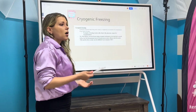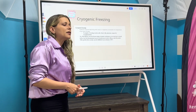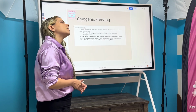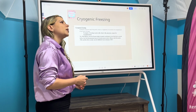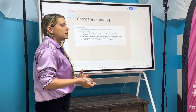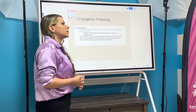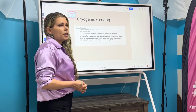So you can freeze all kinds of organs. In fact, I am paying a wonderful monthly fee to freeze the, what is it, cord blood of my children, just to use in the future in the unlikely scenario that they have some sort of disease that would require these sorts of cells. So if you have tissue and you need to preserve it,